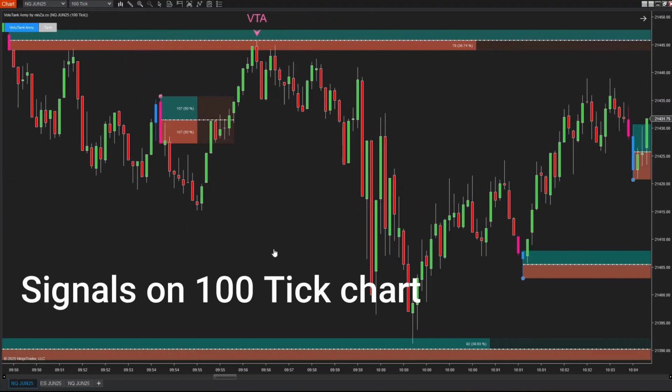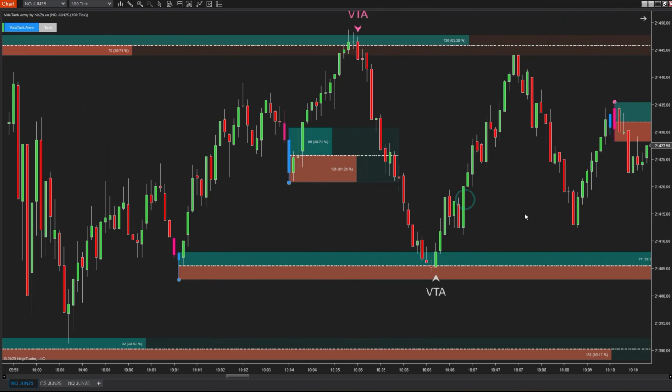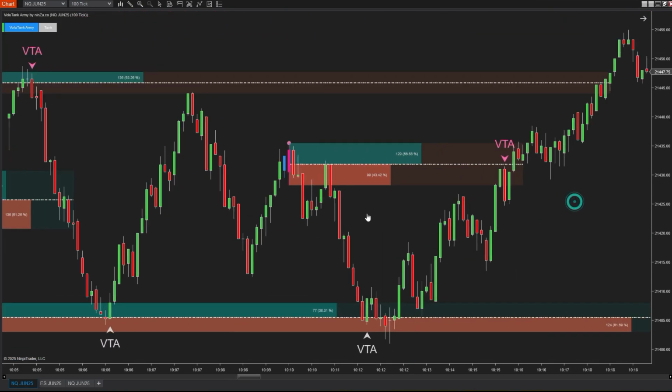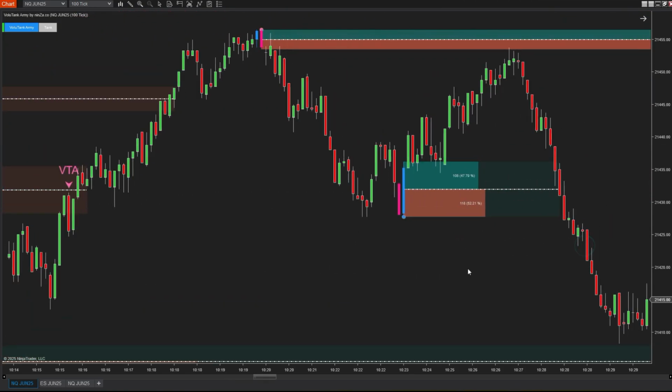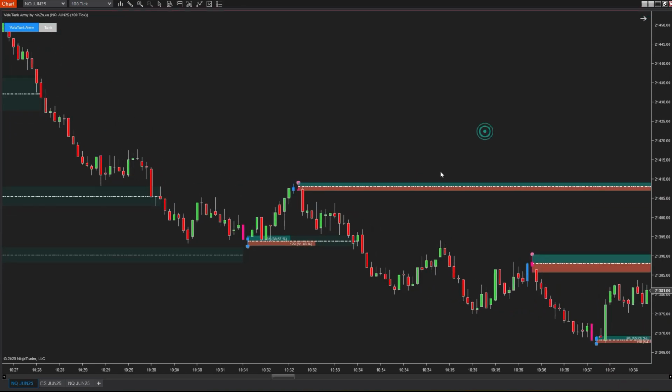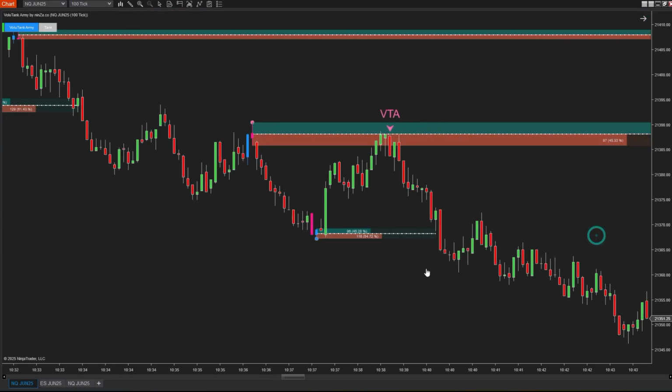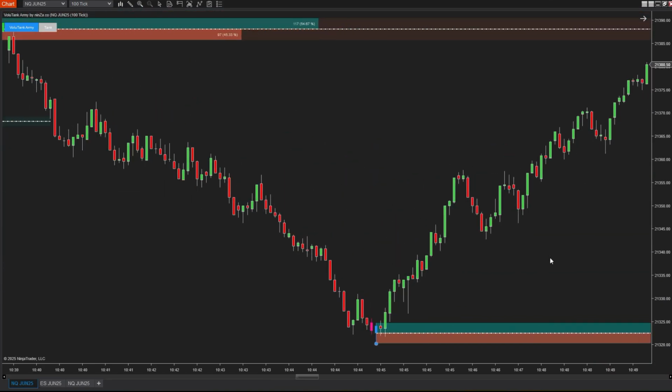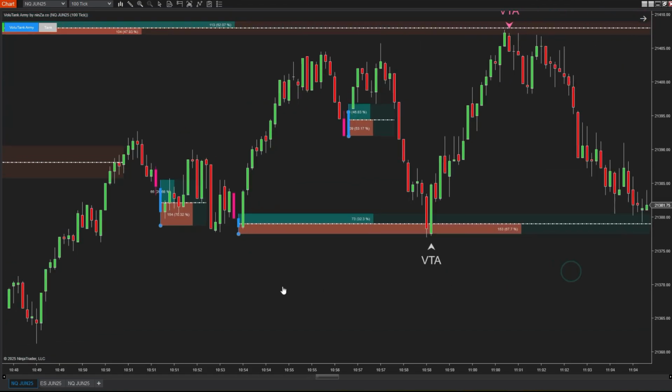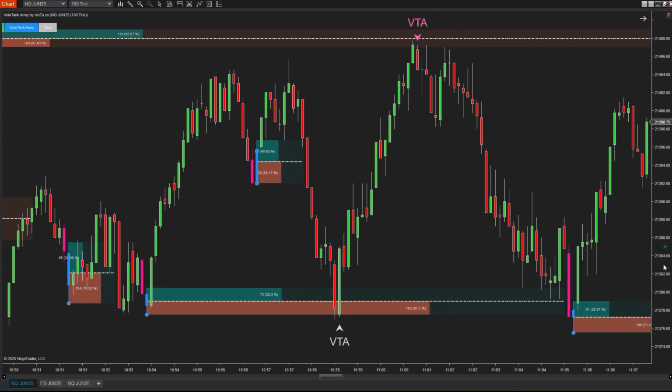Next up is the setting on the 100-tick chart, and personally, this is one of my favorite chart types. Why? Because it completely removes the time factor and focuses purely on market movement and true price action. Now, let's see how the signals appear on the 100-tick chart and how it compares to the 1-minute chart we